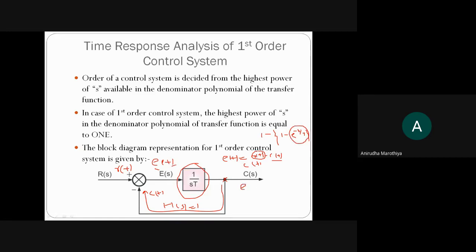And if you calculate the value of steady state error, it is simply the value of the error signal at t tends to infinity. So you can write limit t tends to infinity e to the power minus t by capital T. If you solve this limit, you will get the answer as 0. So this is another technique to calculate the value of steady state error and check whether the system is stable or unstable. So what I mean is, whichever technique or logic you apply, you will get the same answer.